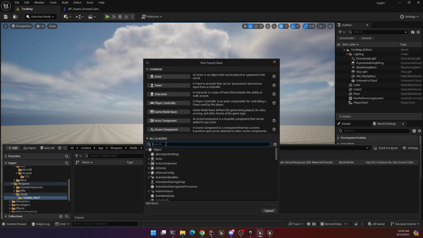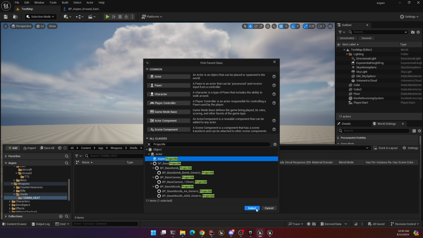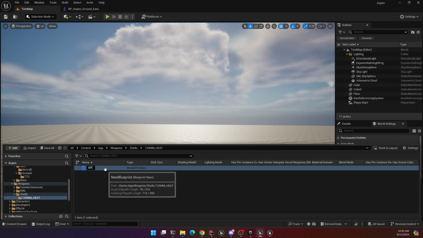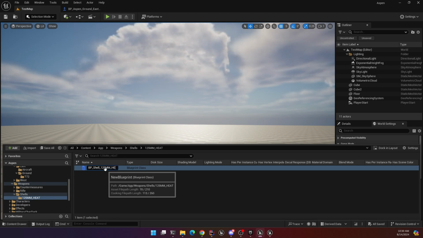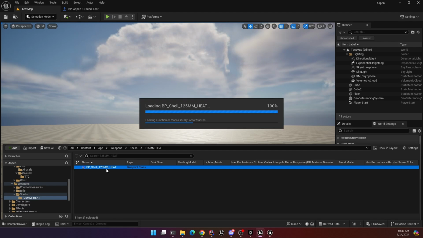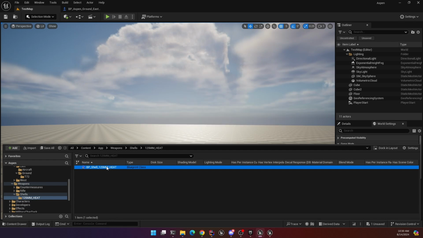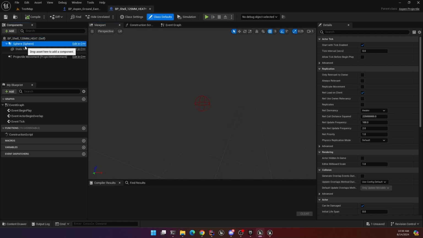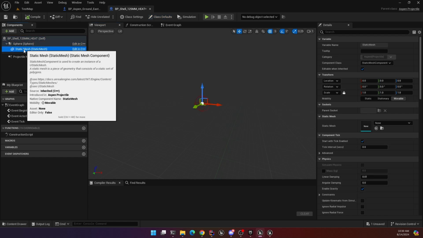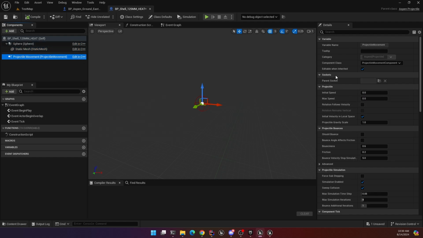and we're going to inherit this from the projectile class that I created, and we'll call it BP_shell_125mm_heat, and open this up, and we can see we've got the sphere, we've got static mesh, which is empty, projectile movement. First of all, projectile movement component, I'm going to set this initial speed here to 100 and the max speed to 100 for now. This is in reality going to be much higher, but